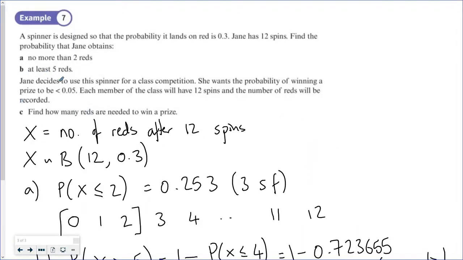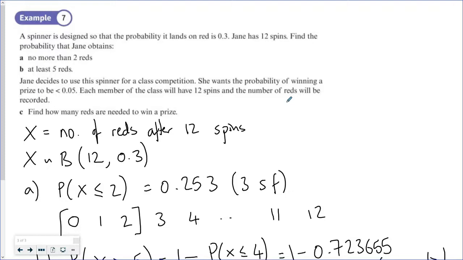Part C is a little bit more complicated. So the teacher wants to use the spinner for a class competition and she wants the probability of winning a prize to be less than 0.05. And the way that someone wins a prize is they spin the spinner 12 times, count the number of reds that they get, so basically X,